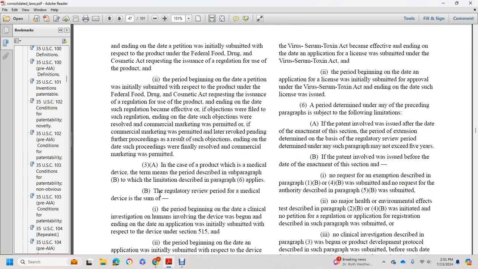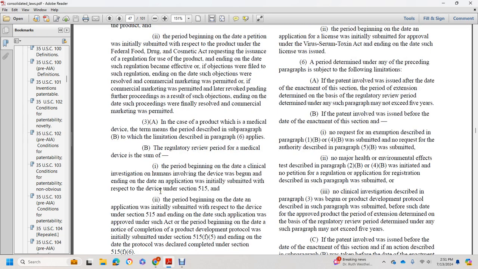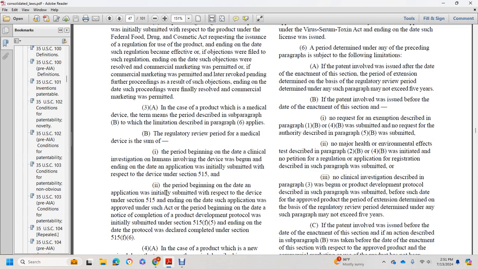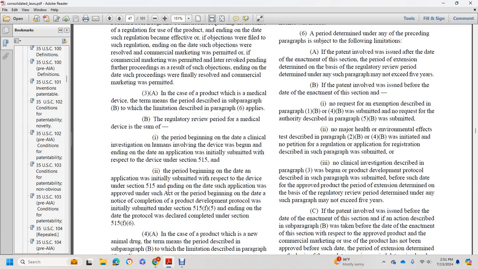(3)(A) In the case of a product which is a medical device, the term means the period described in subparagraph (B), with limitations described in paragraph (6). The regulatory review period of the medical device is the sum of the period beginning on the date a clinical investigation on humans involving the device was begun and ending on the date an application was initially submitted with respect to the device under section 515, and the period beginning on the date the application was initially submitted with respect to the device under section 515